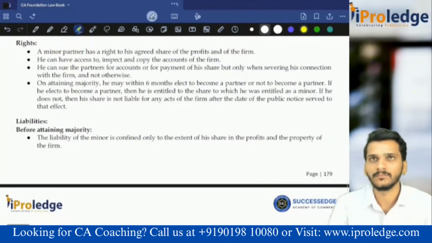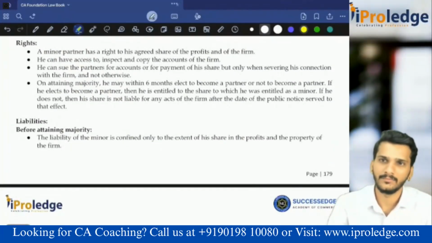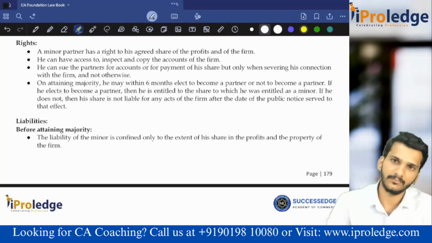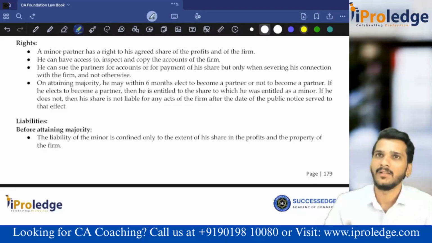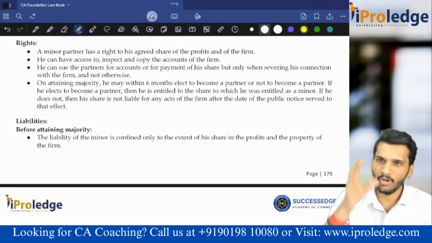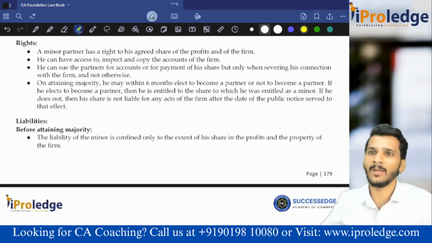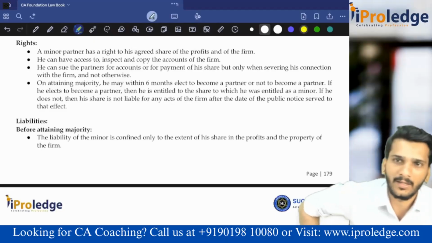Should he contribute capital? It depends on the agreement. If there is no agreement related to that, see, partnership does not mandate contributing capital to become a partner. You can bring some technology also. You can bring something for the partnership firm and become the partner. That is what they say. Like a nominal partner, he can bring the name also. He can become the partner.